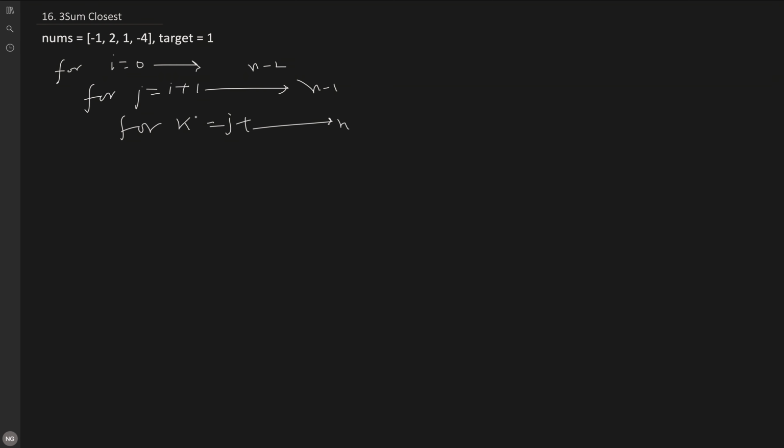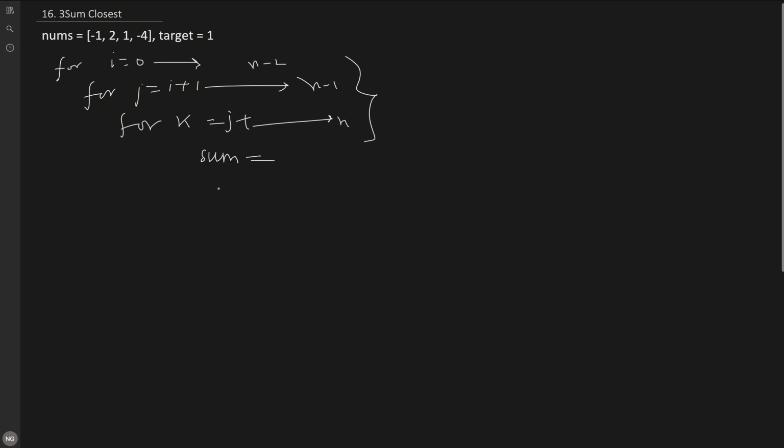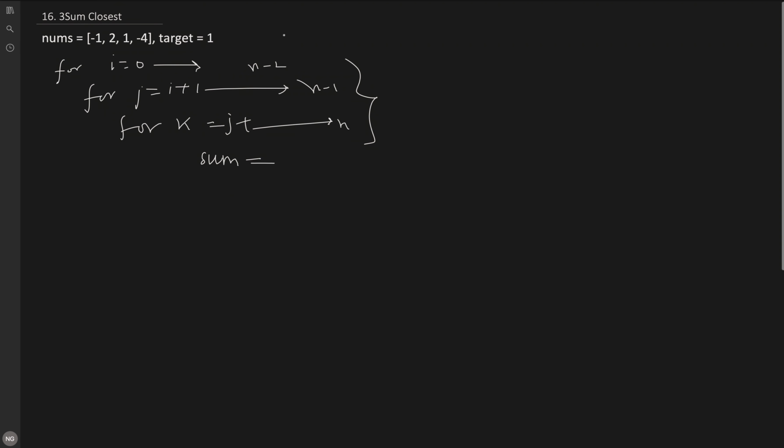Now once we have the triplet, we will create a sum from the 3 elements of the array, and then we also need to track the diff from the target, target minus sum or sum minus target, it doesn't matter, as we need to take the absolute value, because the closest sum can be on either side of the target, left or right on the number line. So we will create another variable, diff, which we initialize to infinity, or the integer max value.